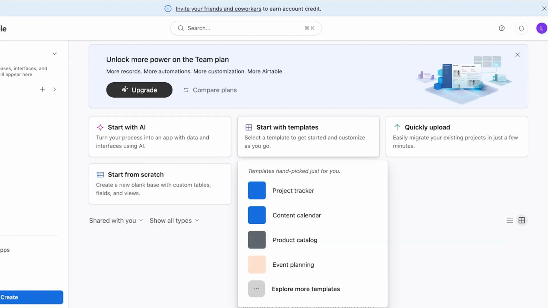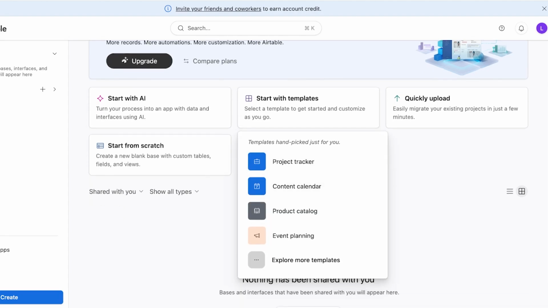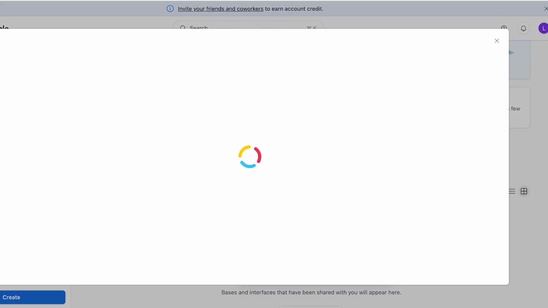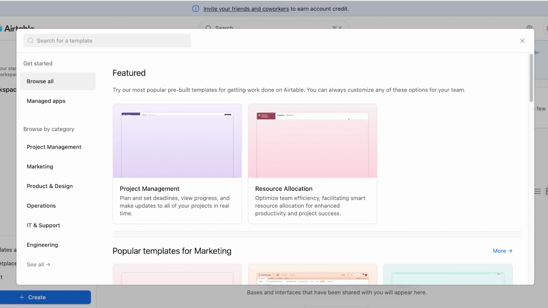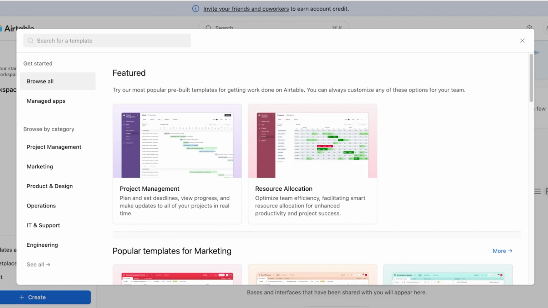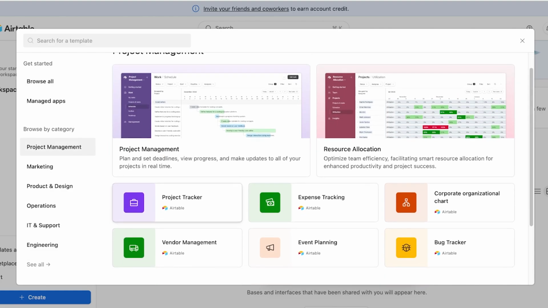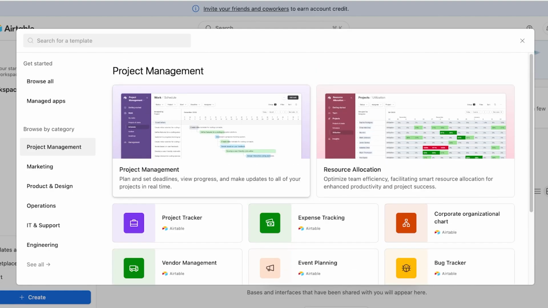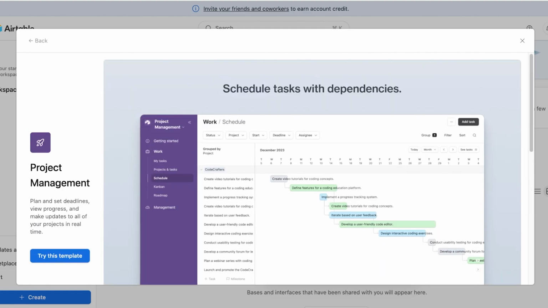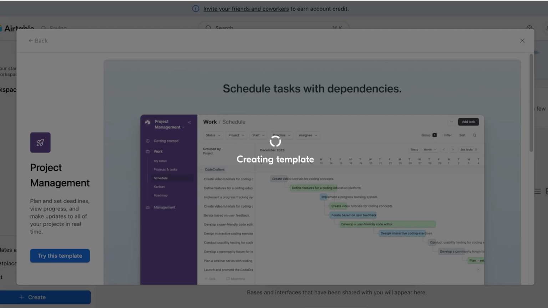And we're going to click on start with a template, and you can click on explore more templates to see all of the different variations of templates. Now, on the left, you have different categories as well. And your categories include project management. Even in project management, you have things like project trackers, expense tracking, corporate organizational charts, bug trackers, event planners, and vendor management. So I want to use a simple project management template, and I'll just click on try this template